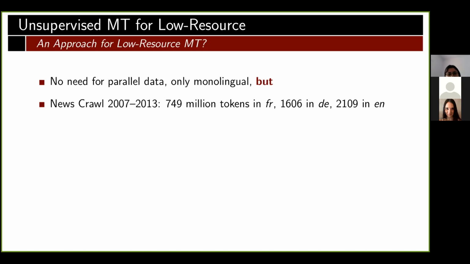The results that I have shown you don't use parallel data. All of it, of course, is unsupervised, but they really use a lot of monolingual data. So the trainings that I have shown here were using News Crawl. And News Crawl for these languages has more than 1 million tokens. More or less, it's more than 2 million tokens in English, a bit less in German, and less than 1 million in French. But that's really a lot of data. So it's data that we don't really have in